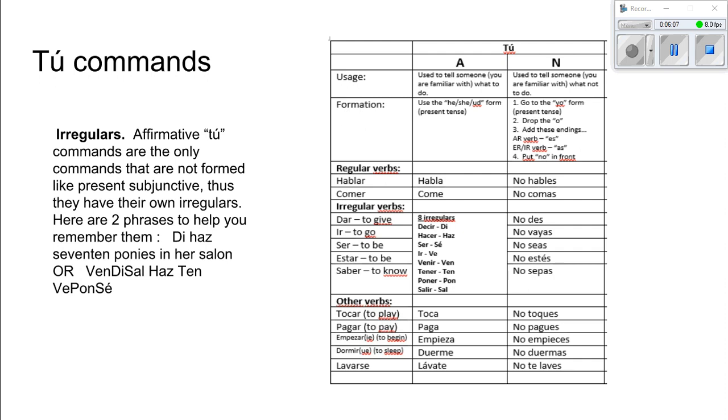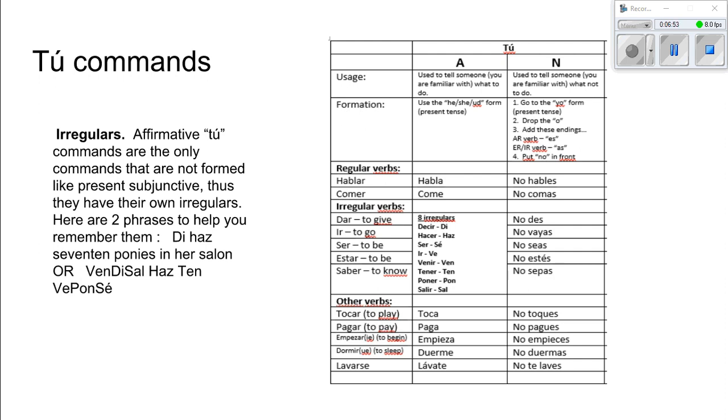So, tú commands. Please notice that you're using them to tell someone that you're familiar with what to do. Or in a negative, you're telling someone that you're familiar with what not to do. So the formation, use the he, she, or usted form from the present tense. In the negative, you go to the yo form of the present tense, you drop the o, and add the opposite ending, add the no in front. So, hablar goes to habla, comer goes to come,